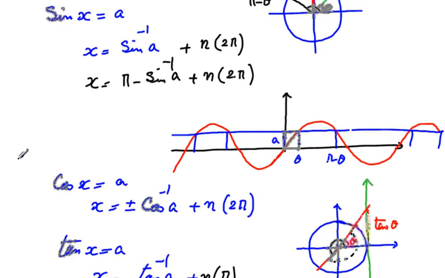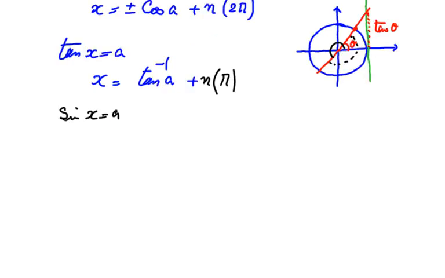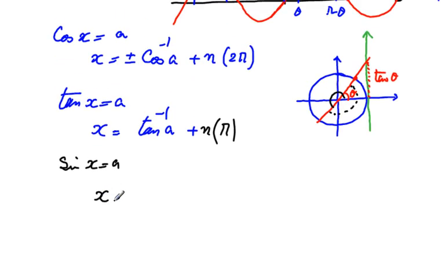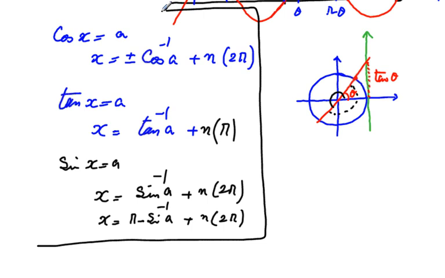Let me write that one next to this so we can see all of them at the same time. Sine of x is equal to a. The answer to that, we had x was either sine inverse of a plus a whole multiple of a circle. The other answer was the supplementary angle, pi minus sine inverse of a, and then again you can add any multiple of the whole circle. So here we have summarized how to solve the basic trig equations